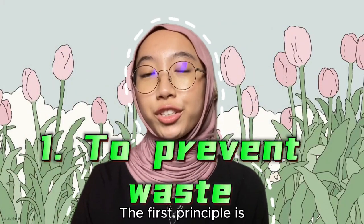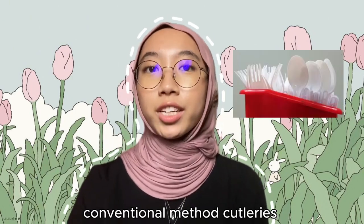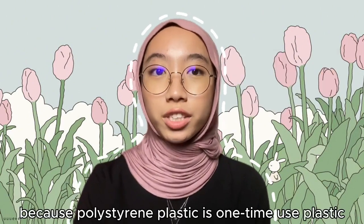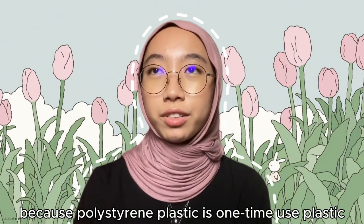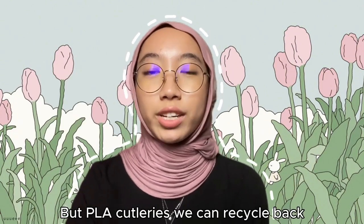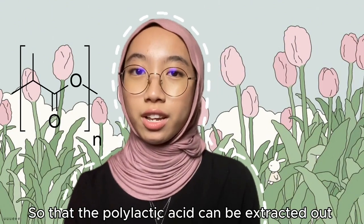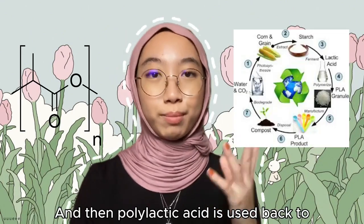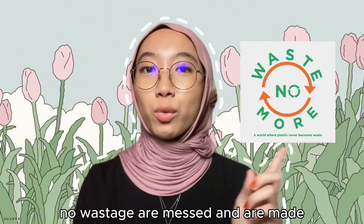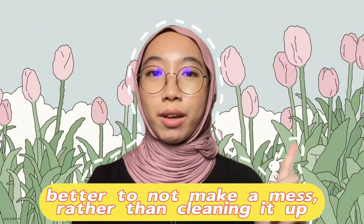The first principle is to prevent waste. PLA cutleries are not like conventional cutleries such as polystyrene plastic, because polystyrene plastic is a one-time use plastic. When we already use it, we throw it. But PLA cutleries, we can recycle back so that the polylactic acid can be extracted out, and then the polylactic acid is used back to make another PLA cutlery. So by this way, no wastage is made because it is better to not make any mess rather than cleaning